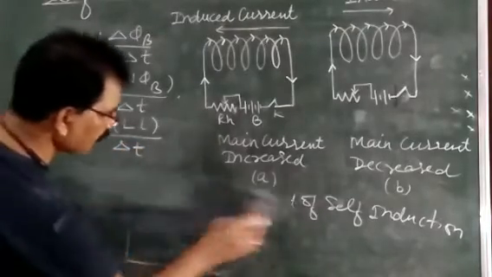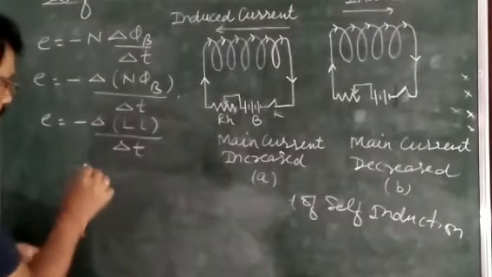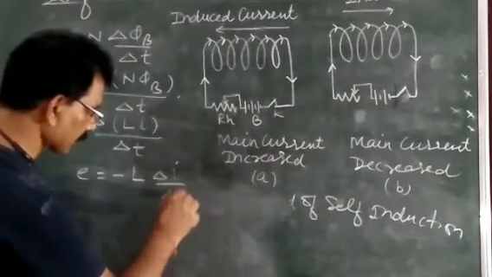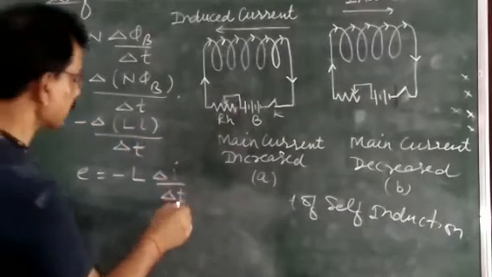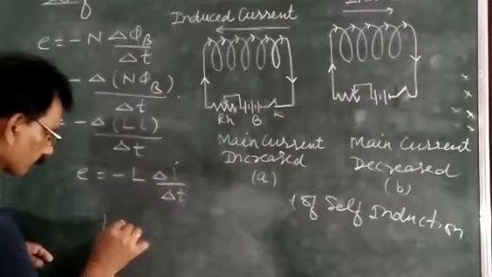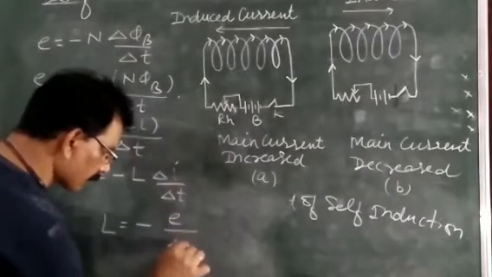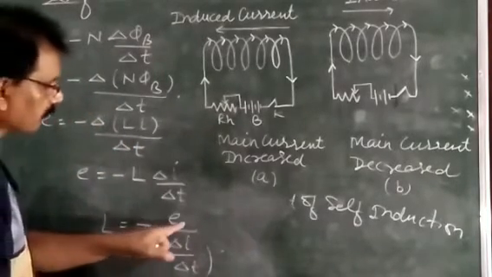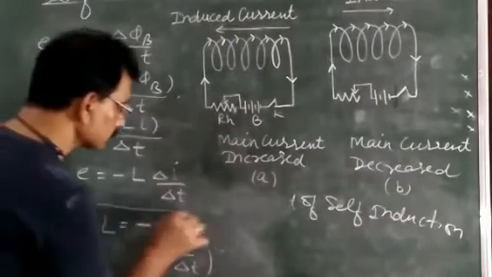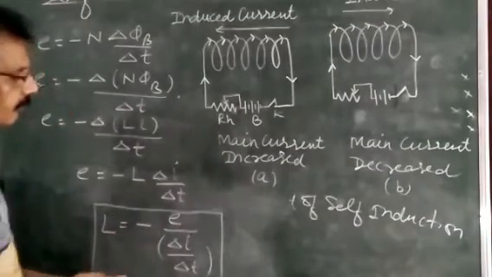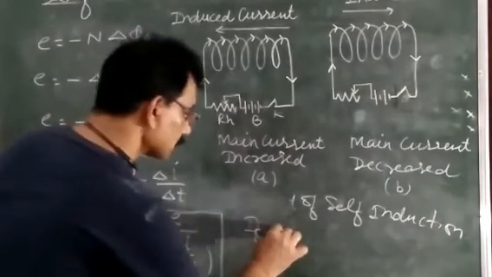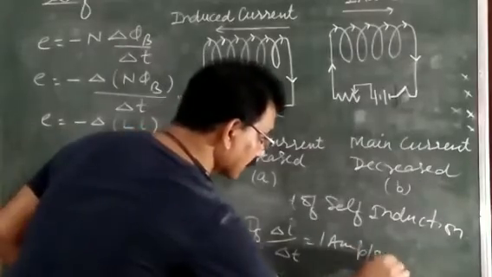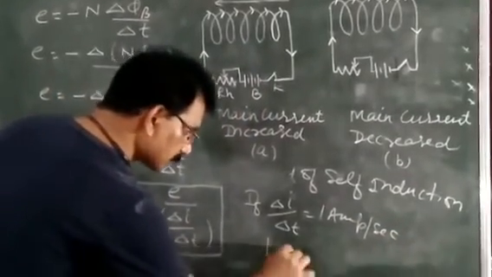Or you can say E is equal to minus L, and I'll take L outside, delta I upon delta T. So from here L is equal to minus E upon delta I upon delta T. And if delta I upon delta T is equal to 1 ampere per second, then you can say coefficient of self-induction is